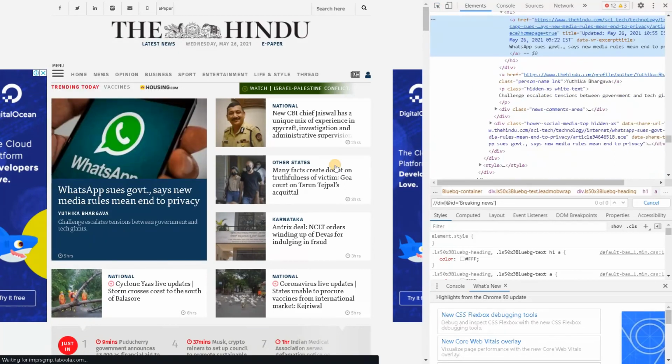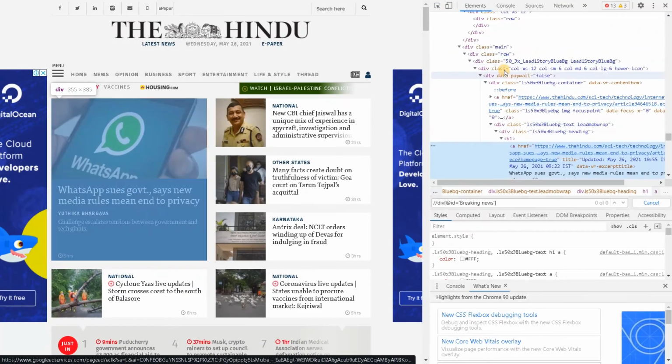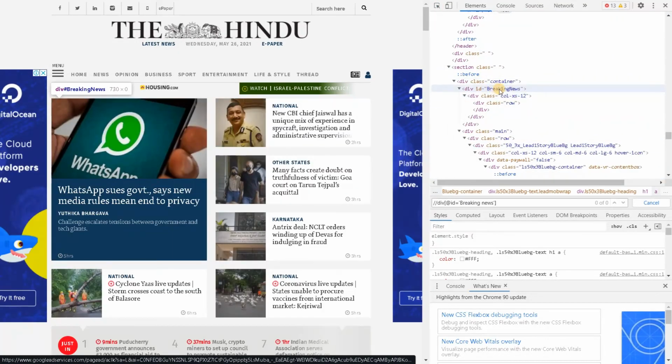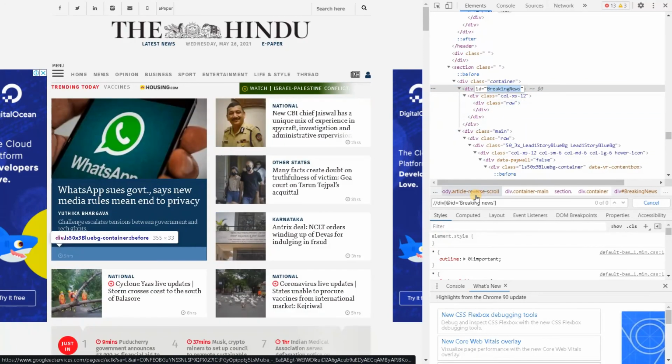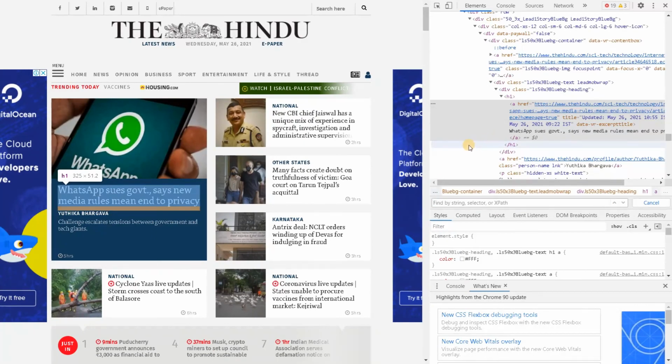So let's go to that. Here id equals breaking news. So I'll just paste this as it is. So you can get this div tag by using the id. So apart from that, you can also get some of the text using the values.